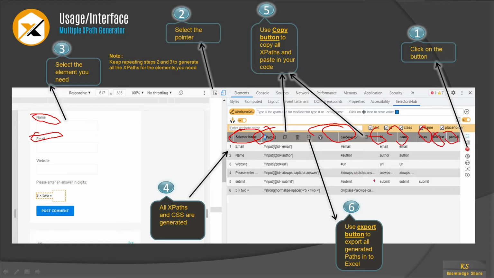It gives everything which you need, and it will help you to choose whatever you need. And then you can save this, or you can copy this and paste it somewhere. Also use this copy button to copy. And the sixth step, if you want to export it, just click on this button, it will export it in an Excel format, and it will help you for future reference.